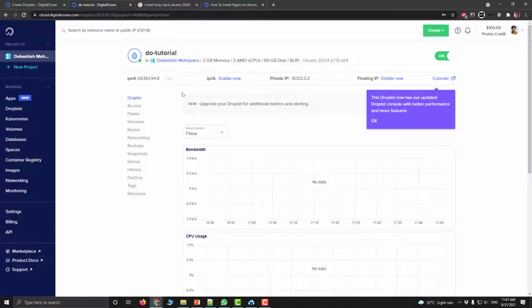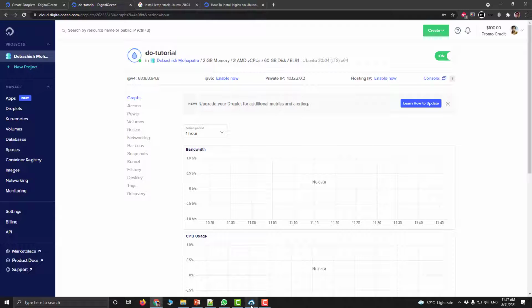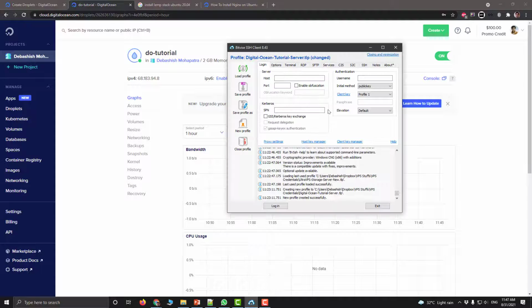So you can copy this IP and we log into this machine using our Bitwise SSH client, or you can use your own PuTTY or anything, but PuTTY is only for terminal access, but this one has SFTP as well, FTP over SSH, so that really helps.